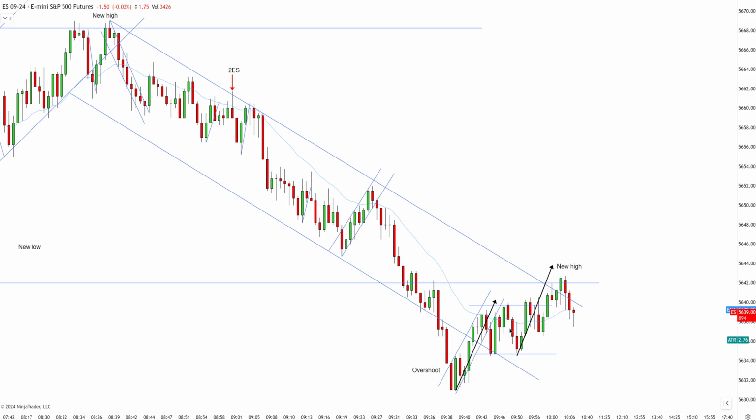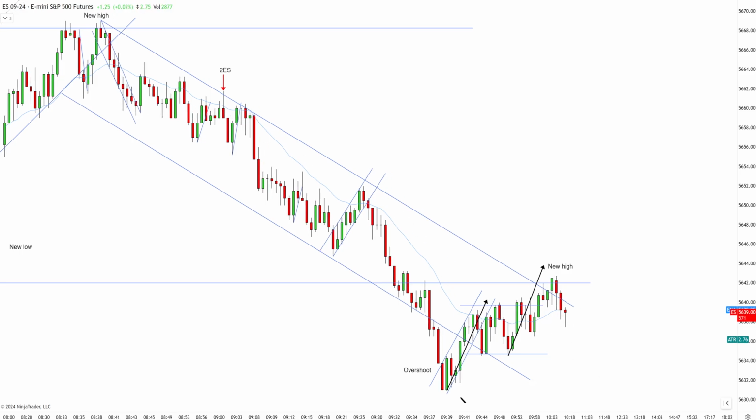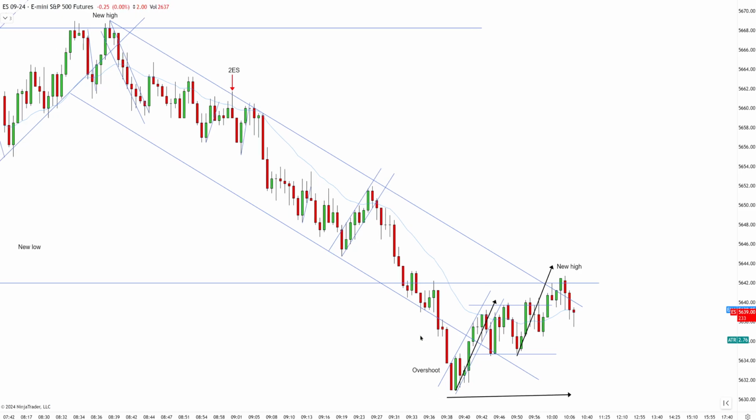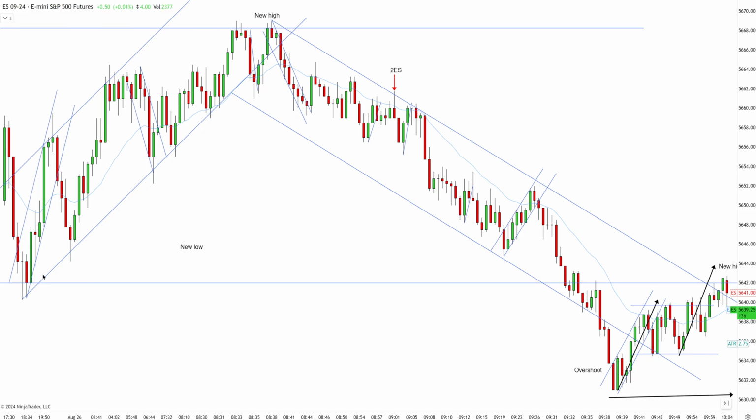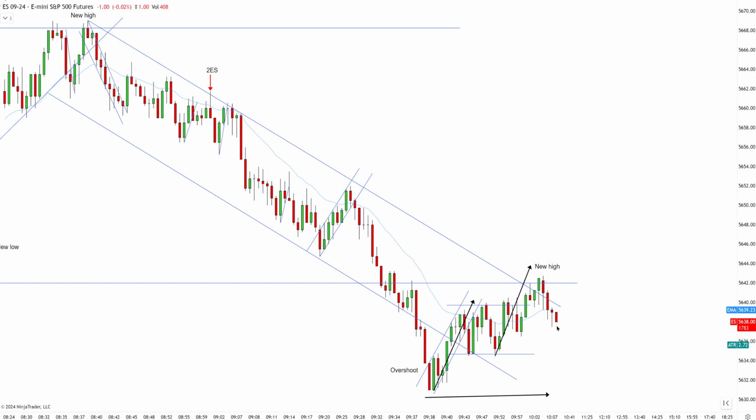Okay, so after overshoot, it is hard to predict how strong this correction is going to be. You just don't know how many legs are going to be working higher. For this reason, if I expect a new low for the downtrend, I want to see a push below EMA first, and I want to see a lower high confirmation setup or failed second entry long. Now we can see this low of today, support key level, right now can come into play as a resistance. So it would be good if we stay below EMA here so I can consider a lower high confirmation setup